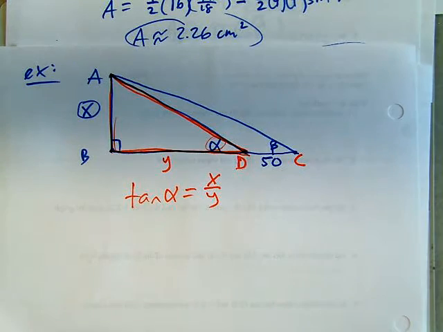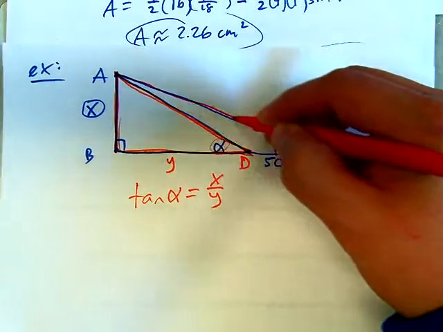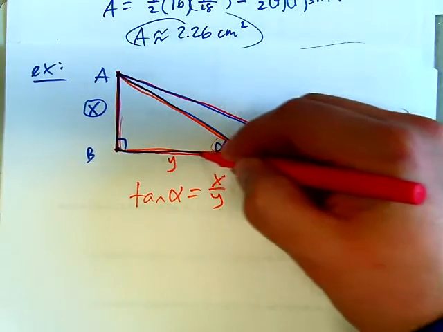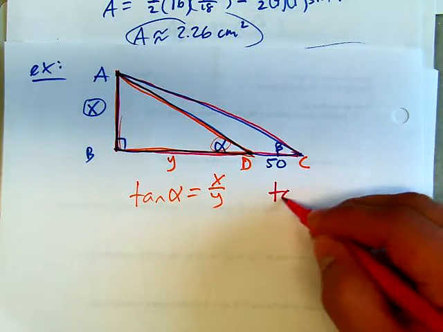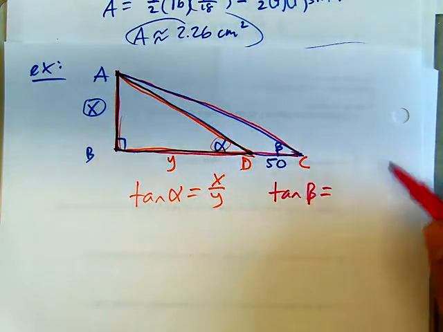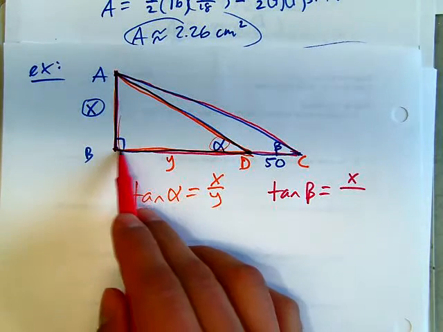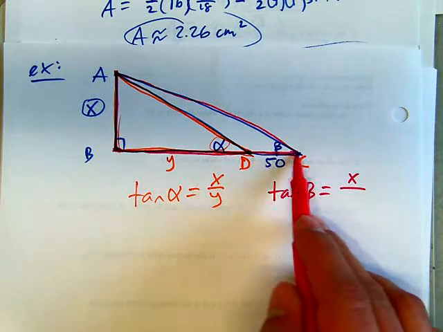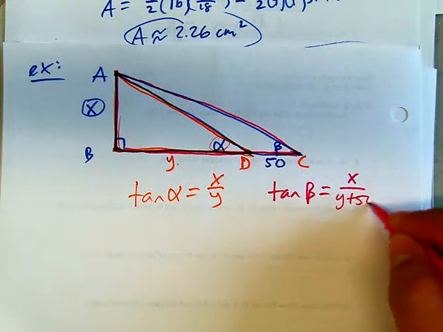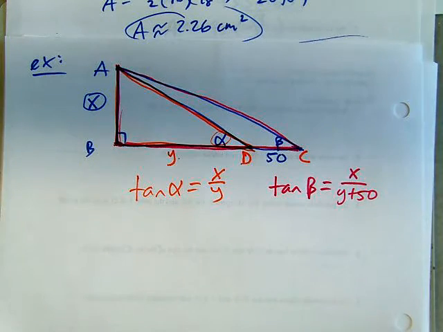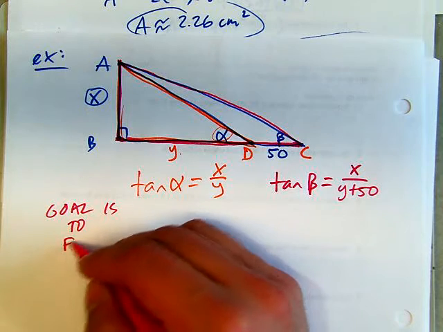Now, also, when we take a step back and look at the large triangle, this angle of elevation beta, I can do another tangent equation and do opposite, which is X, over adjacent, which would be all of this side from B to C, so that's going to be Y plus 50. Okay? And now, keeping in mind that our goal is to find X,